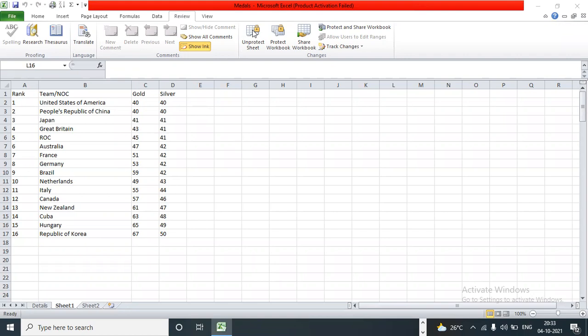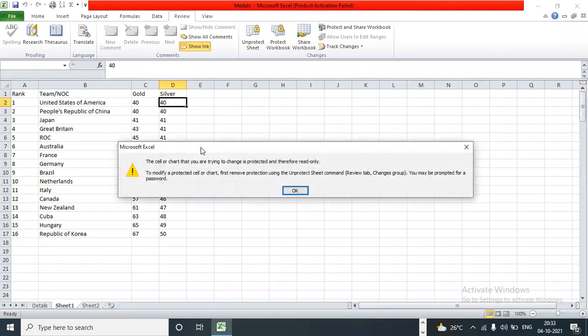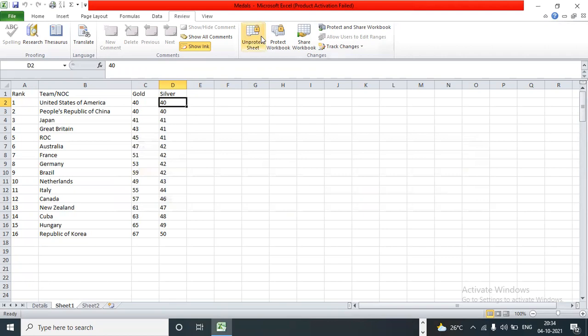So, guys, where are we? Here we are in protect sheet, right? Suppose you are working on one sheet. If you are sharing it with someone and they try to delete, can they delete that? No. Right? Because it is protected. If you want to unprotect, you need to give the password and click OK. Then only can I delete this.